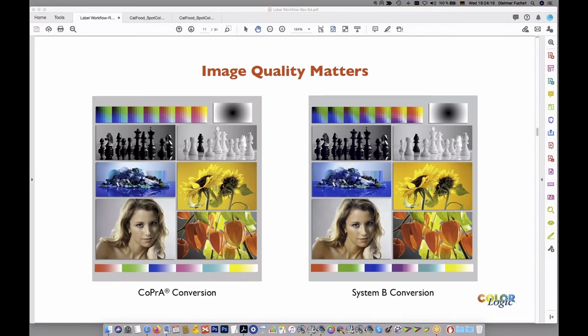I just want to make a quick comment, Dietmar, on DeviceLinks. You know, from my position in the field, I see in packaging workflows, whether they're digital or conventional, a lot of reluctance to do any conversion of any objects, except sometimes images and always spot color objects. But if there are CMYK vector objects that may really need conversion to print optimally on a different substrate, for example, going from a coated to an uncoated or vice versa, or perhaps a substrate that has greatly different color, like an ivory color or bright bluish, which is going to shift the appearance of all the colors printed on top,